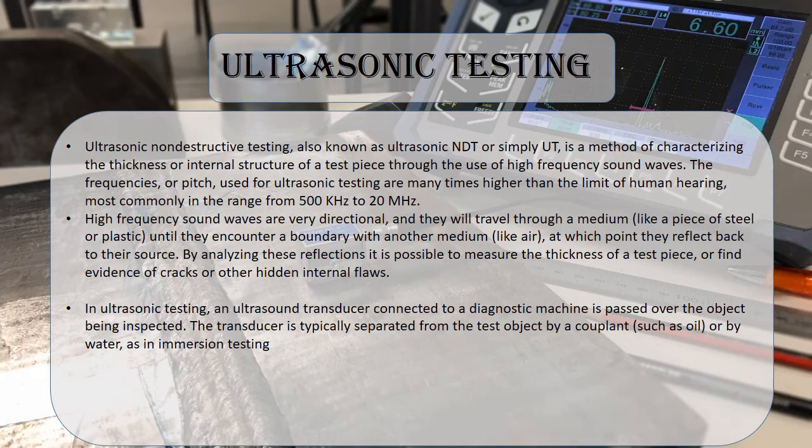Ultrasonic testing. Ultrasonic non-destructive testing, also known as ultrasonic NDT or simply UT, is a method of characterizing the thickness or internal structure of a test piece through the use of high frequency sound waves. The frequencies of pitch used for ultrasonic testing are many times higher than the limit of human hearing, most commonly in the range of 500